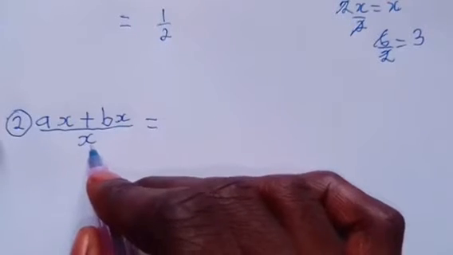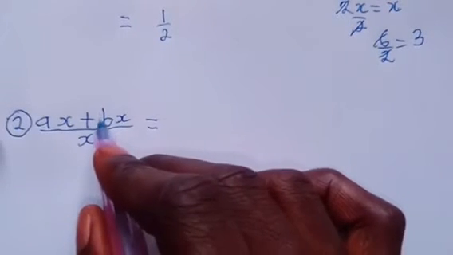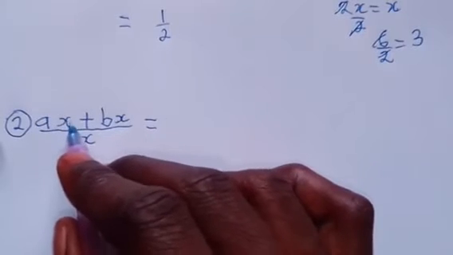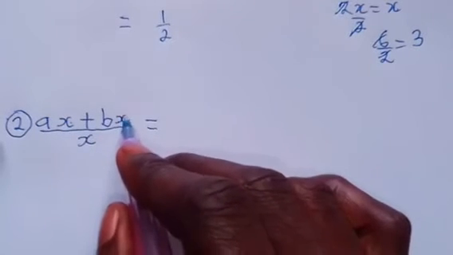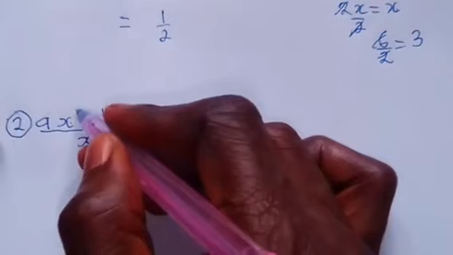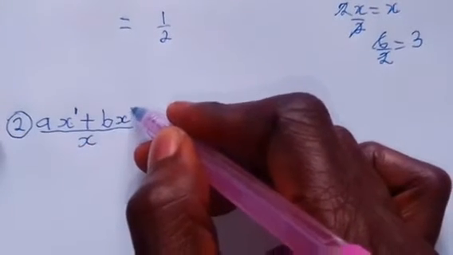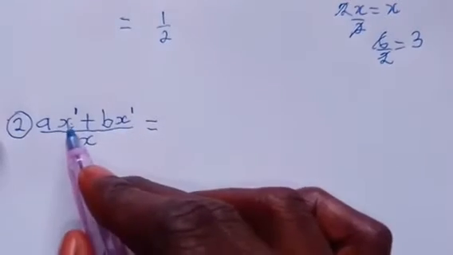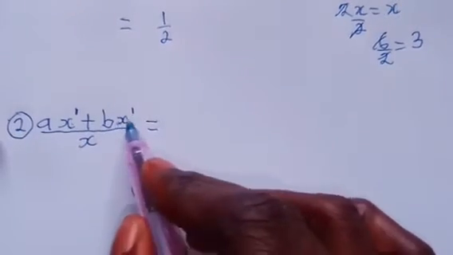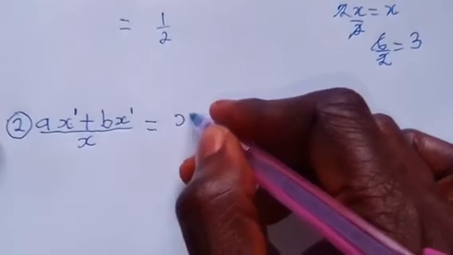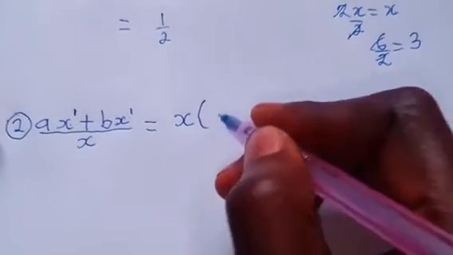And the bottom number, we are just only having x. Now back to the top number. The first term has x. The second term has x. Next we'll look at the power of the x. In the first term, the power of the x is 1. In the second term, the power of the x is 1. So since x is common for both terms, we are going to bring the x out and introduce our bracket,